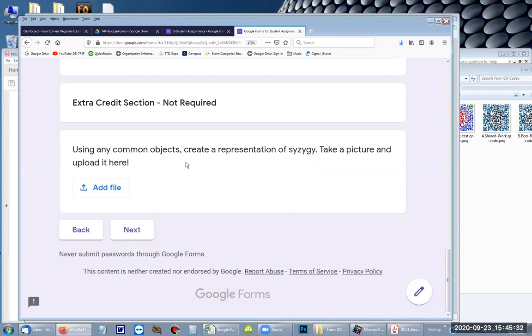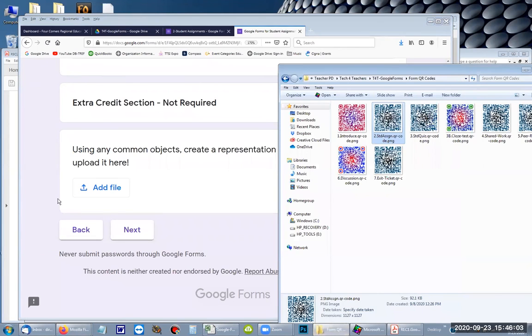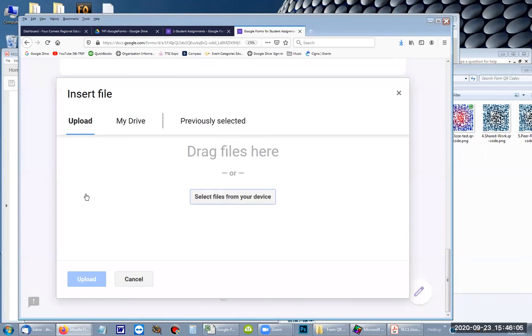Do I want them to create their own representation? Use some common objects around your house that depict this concept, because I want to see if they can recreate it. We want them to do as much as possible, not just keep on answering questions, but demonstrate their understanding. So how do I get them to submit that to me? That's where I'm going to use this type of question and add file. Use common objects, represent it, take a picture, and upload it. And turns out I've got a picture